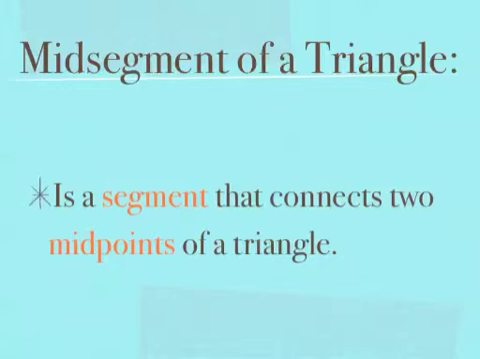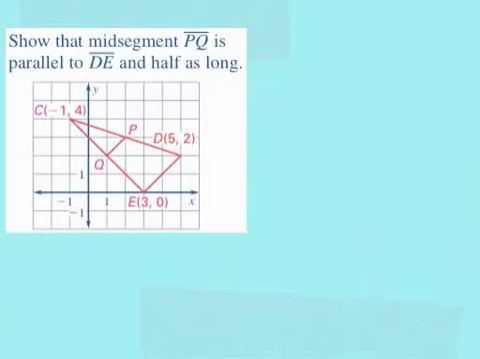So just like there are three sides of a triangle, there are going to be three midpoints of a triangle and three midsegments of a triangle. This example asks us to show that midsegment PQ is parallel to segment DE and half as long. To show that two segments are parallel, we need to find the